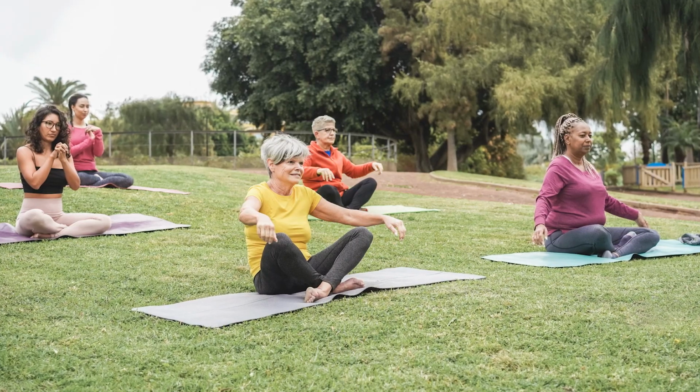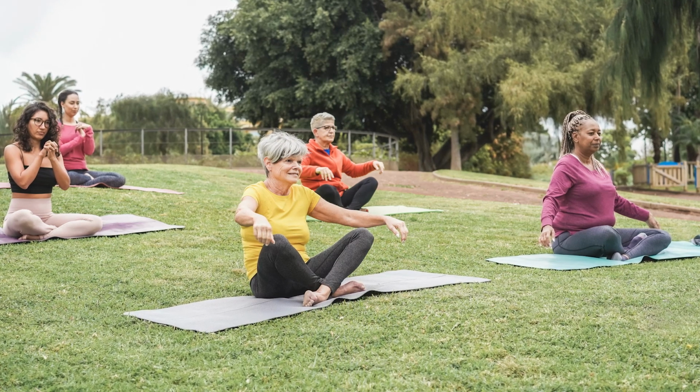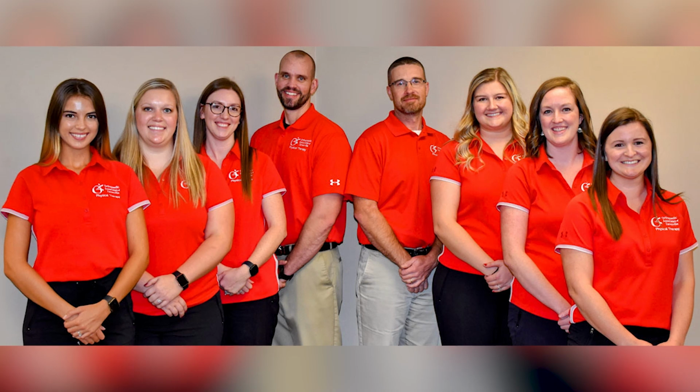And so the ways that we can help with strength and range of motion, that can range from starting a program of hip exercises at home, and sometimes that can be self-directed if the patient is motivated to do something like that. Sometimes that would be more of a group class type session that you can get involved in, or sometimes that would be one-on-one work with a licensed physical therapist. Once we have tried anti-inflammatories and physical therapy,